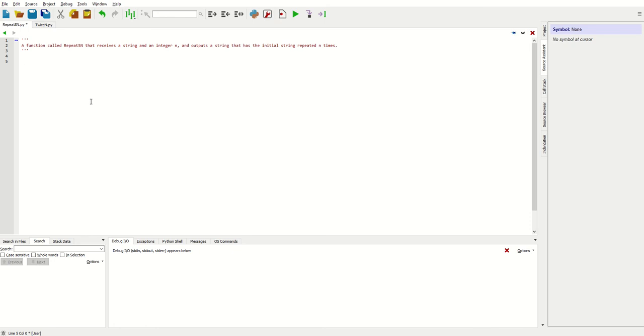Welcome back. In this video we want to create a function that receives a string and an integer and outputs a string that has that initial string repeated n times. So to create a function we are going to use the keyword def, short for definition. We are defining the function. We are going to give it a name. In this case we want it to be called